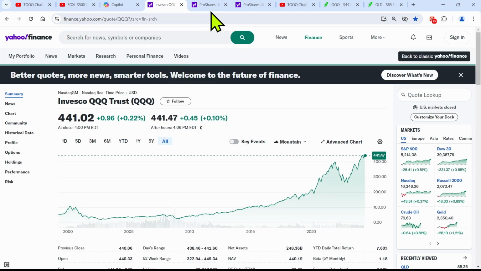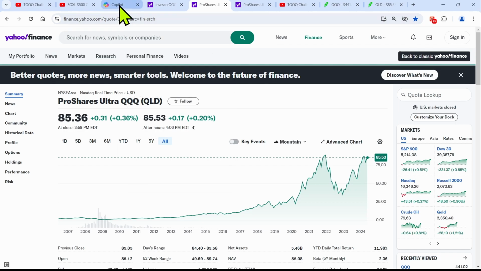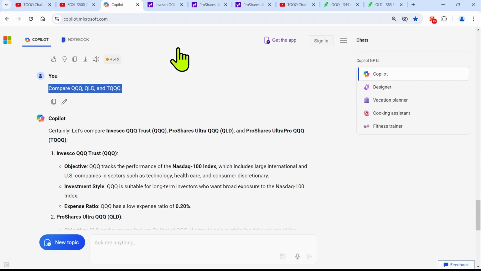versus QLD. Many TQQQ investors advocate for QQQ or QLD as potentially offering better risk-benefit profiles, especially during market downturns. So, let's delve into a comparison. I asked Copilot AI to compare QQQ, QLD, and TQQQ. Copilot AI responds that